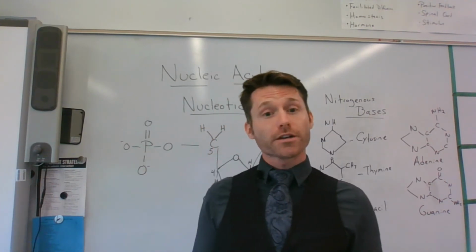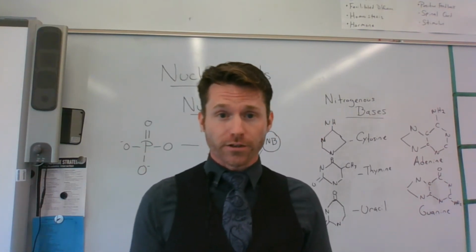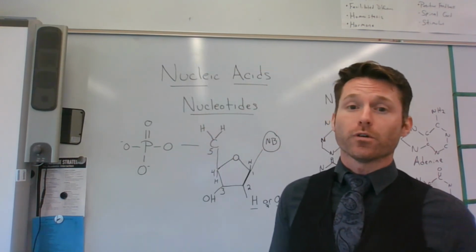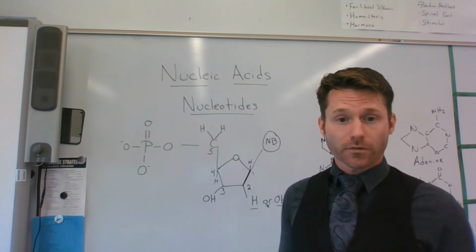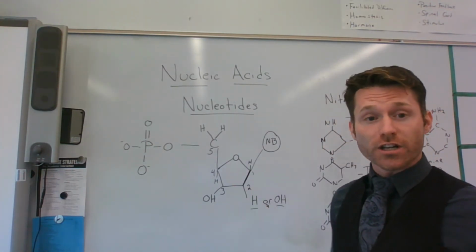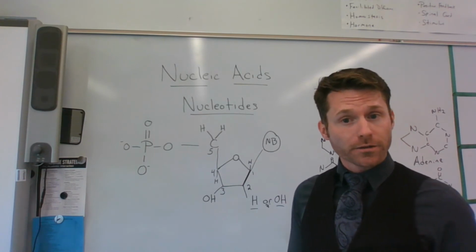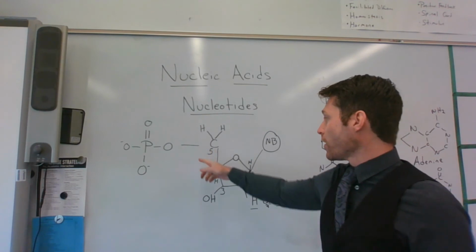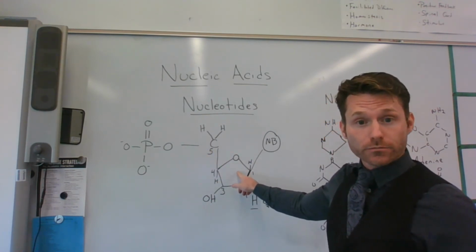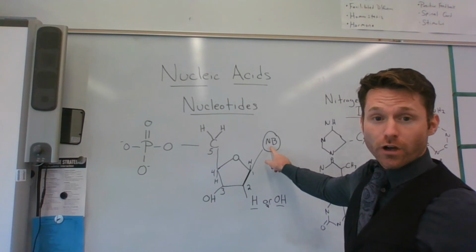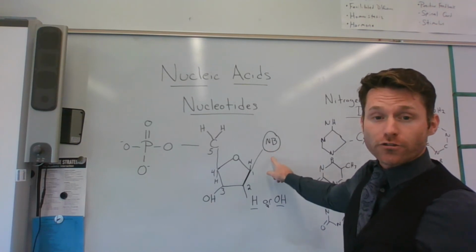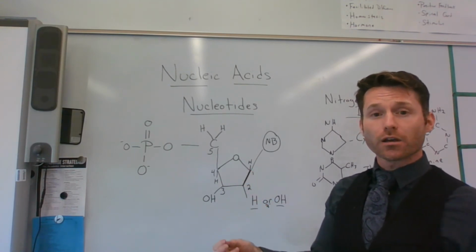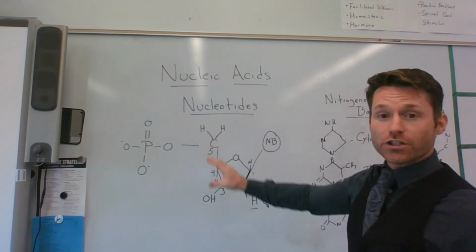So, the last group of macromolecules that we need to discuss are the nucleic acids, the monomer of which are the nucleotides. So here I have the generic format of a nucleotide. We have the phosphate group, which is bound to the sugar group, which is bound to the nitrogenous base. The nitrogenous base is varied depending upon which nucleotide we are speaking about, but this is the general format.